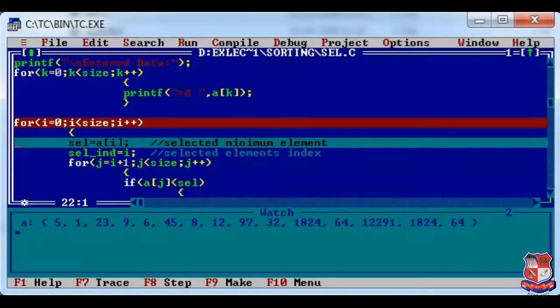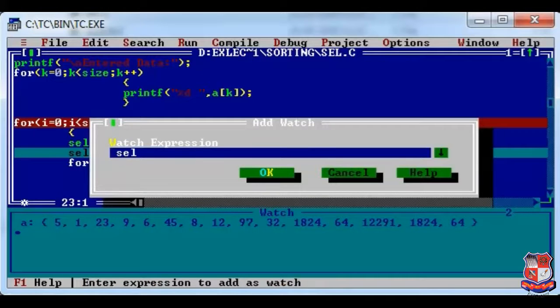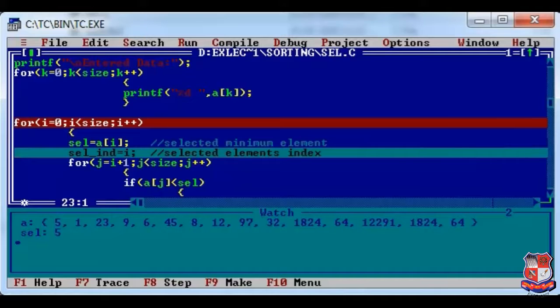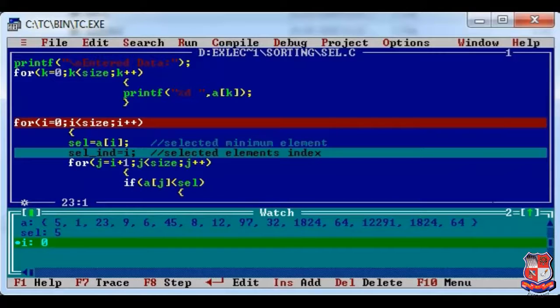As you can see over here, my first element has been considered as the smallest element. Okay, as soon as the algorithm progresses, this value will be changed automatically. We need to always remember that it must contain the smallest element at the end of each pass. Okay, right now the value of I is 0. It means this is our first pass.